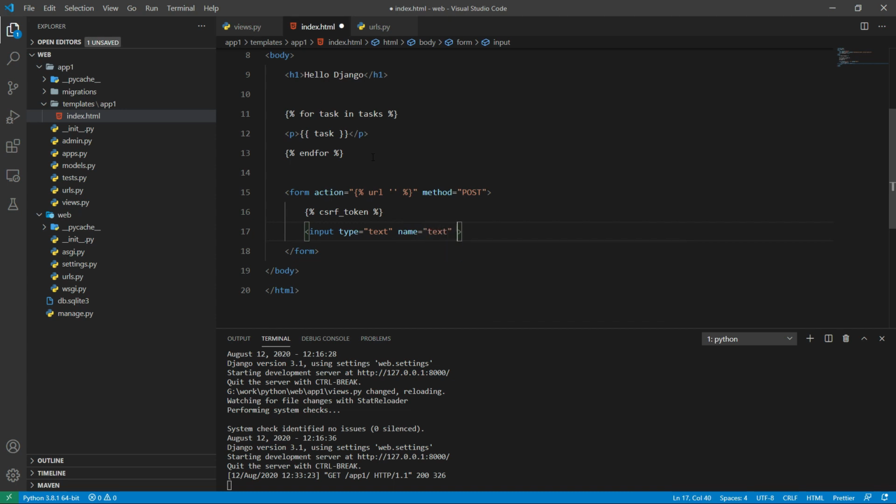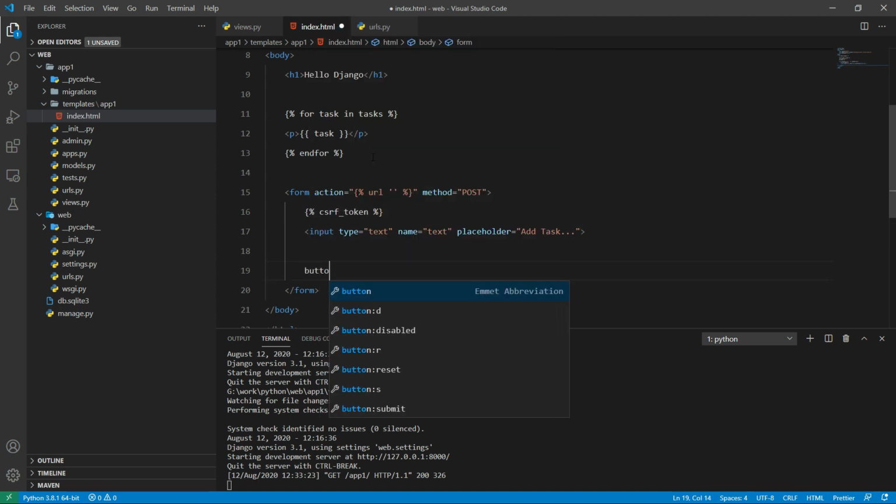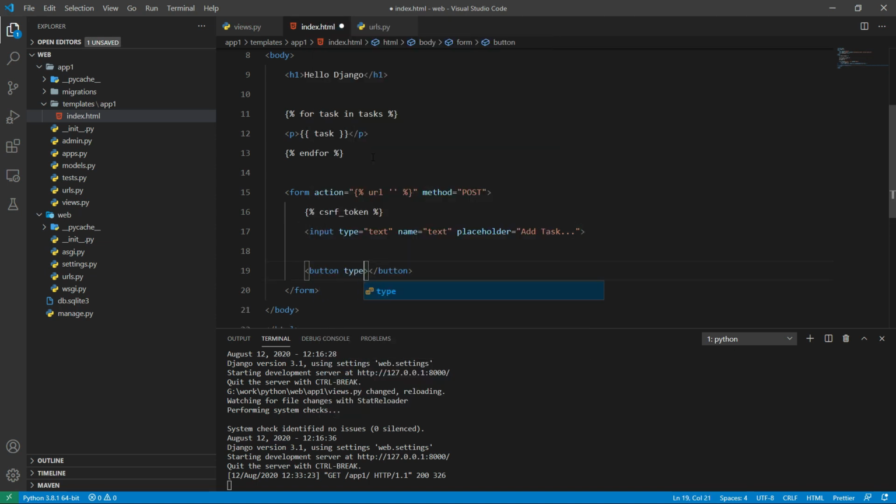And after that, we are adding a single input here with the name text so that the user can fill a new task from this input. And finally, we will add a submit button here. That's it about our form. Now,